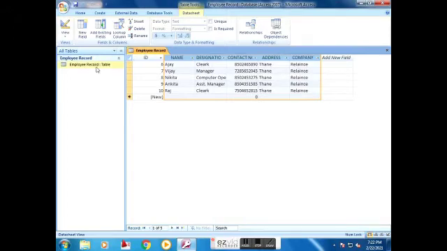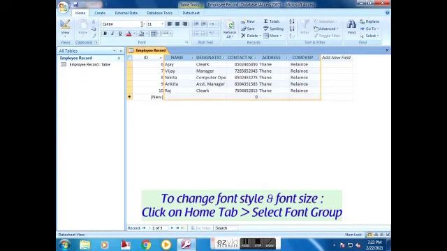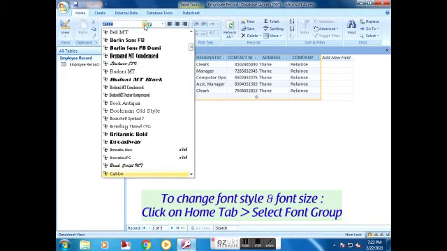To change the font style and font size, click on the Home tab and select the Font group.